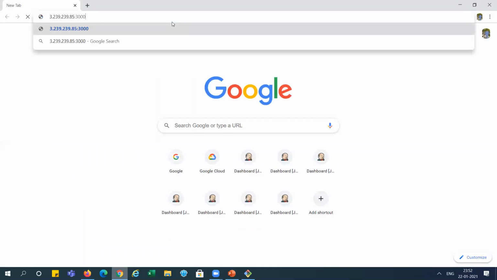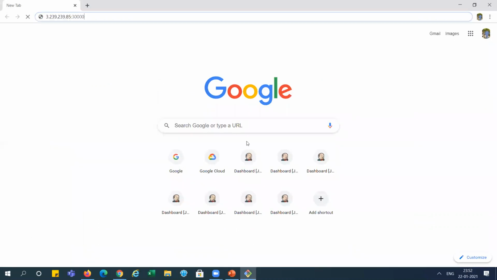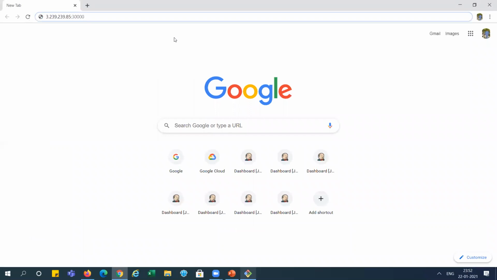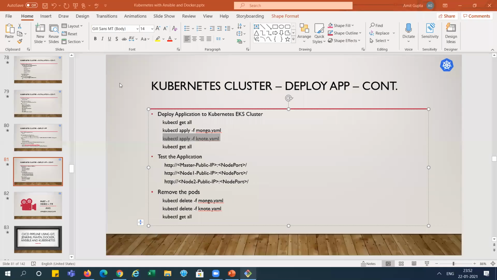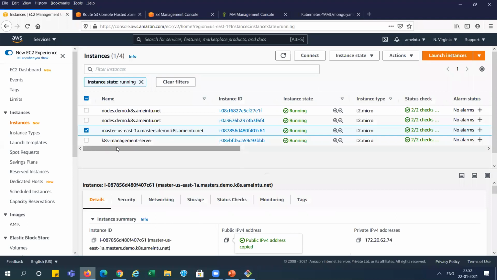And port 30,000, right? I will show you the port number. This port number 30,000. So this is there, and you can see here directly, we need to run it, it will work. But you can see here, it is not working because we have not opened the firewall for that 30,000 port. Because in the starting, we selected all ports for this Kate management server, but this is created by the Kubernetes cluster, and the 30,000 port is not exposed here.